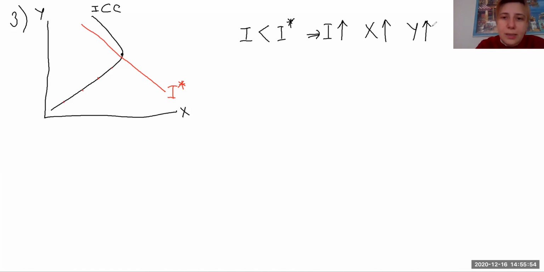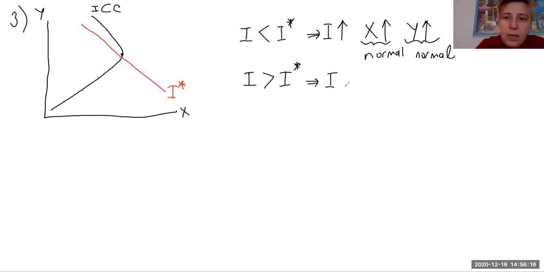So until this income level, the consumer thinks that both good X and good Y are normal goods. But after I star income level, which means that if the income is greater than I star, when income increases,